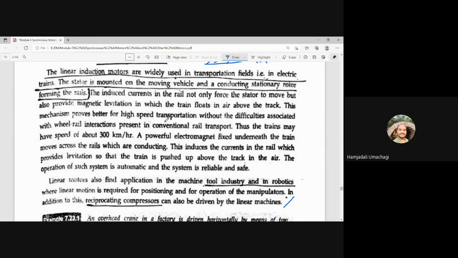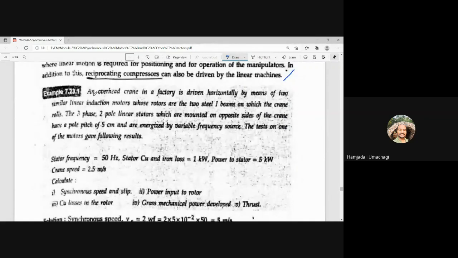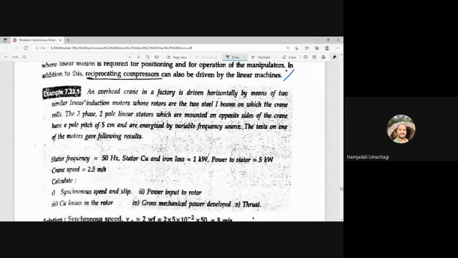Okay, now let us solve one numerical problem on the linear induction motor. The problem statement is: an overhead crane in a factory is driven horizontally by means of two similar linear induction motors, whose rotors are the two steel I-beams on which the crane rolls. The three-phase two-pole linear stators, which are mounted on opposite sides of the crane,